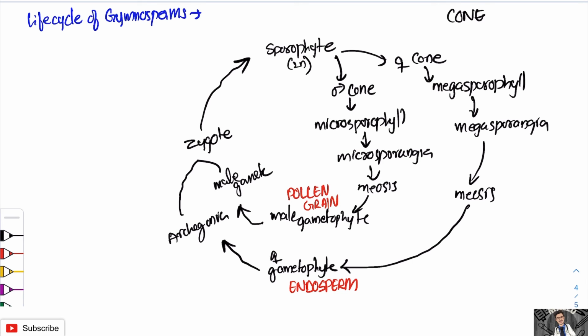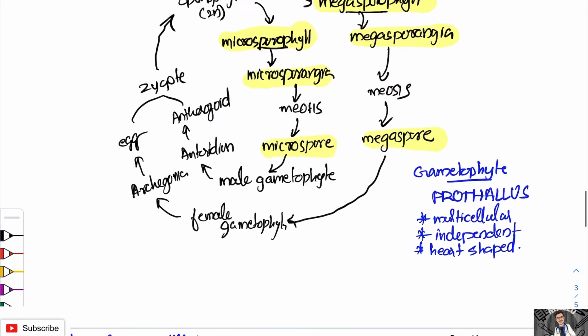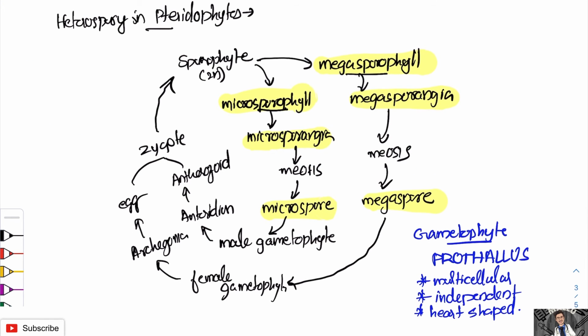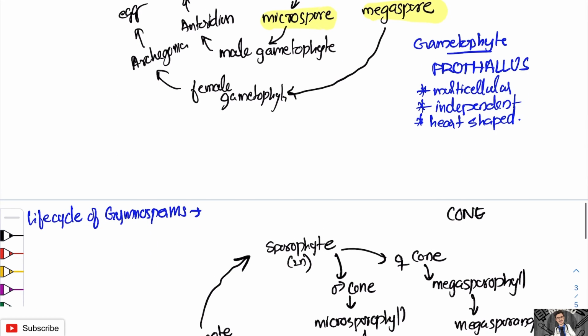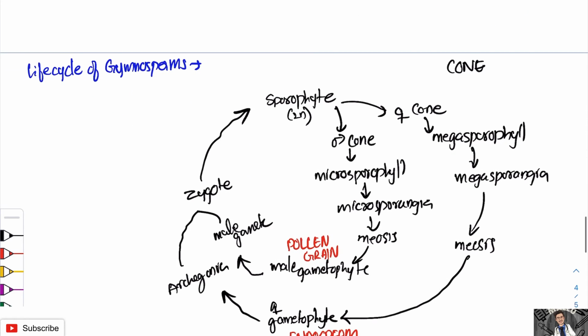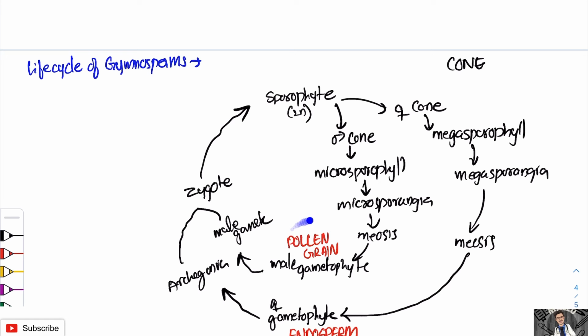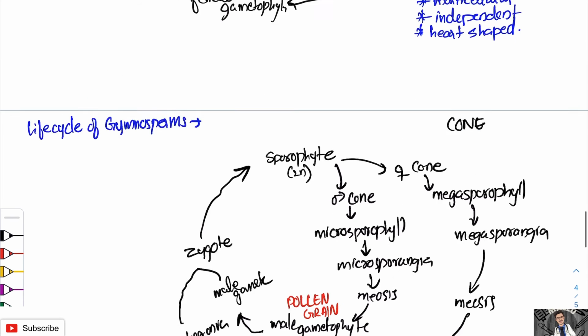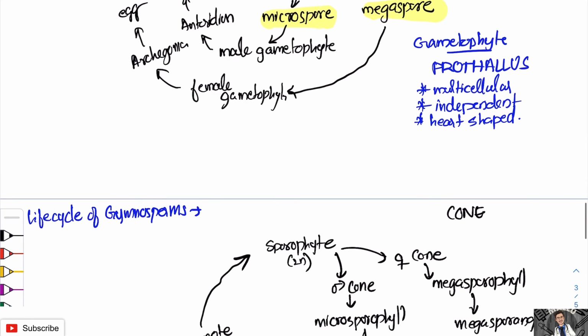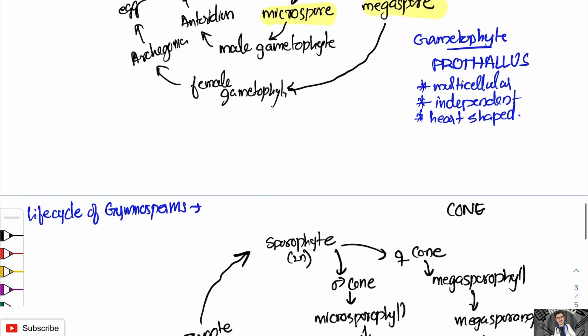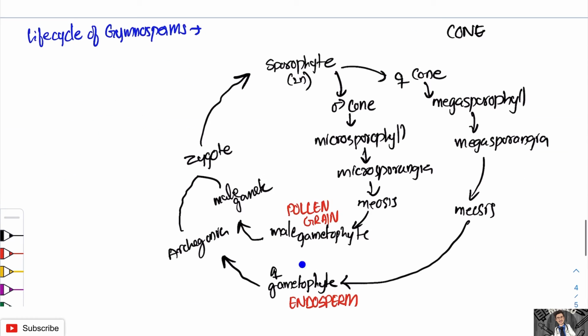So here the main difference is that we have the introduction of male cone and female cone, which is not present in pteridophytes. Alright, the next thing is that the male gametophyte over here is just male gametophyte, but in gymnosperms we call it by the term pollen grain. And coming to the female gametophyte, it's just represented female gametophyte in pteridophytes, but here we also call it as